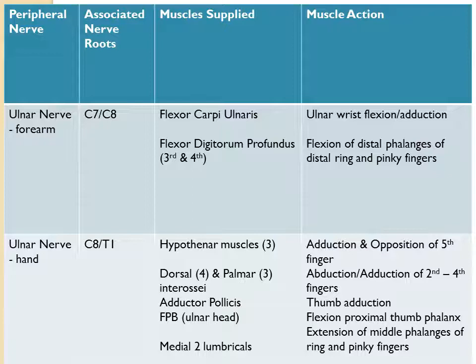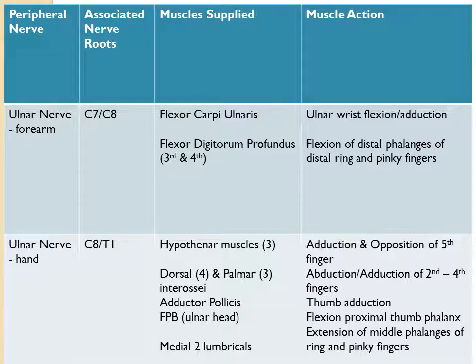So in the hand, the ulnar nerve innervates 3 of the hypothenar muscles, and we'll discuss those as we go. Innervates also the interossei muscles on both the dorsal and palmar aspect of the hand. And on the dorsal aspect of the hand, there's actually 4 interossei muscles, while on the palmar surface of the hand there are